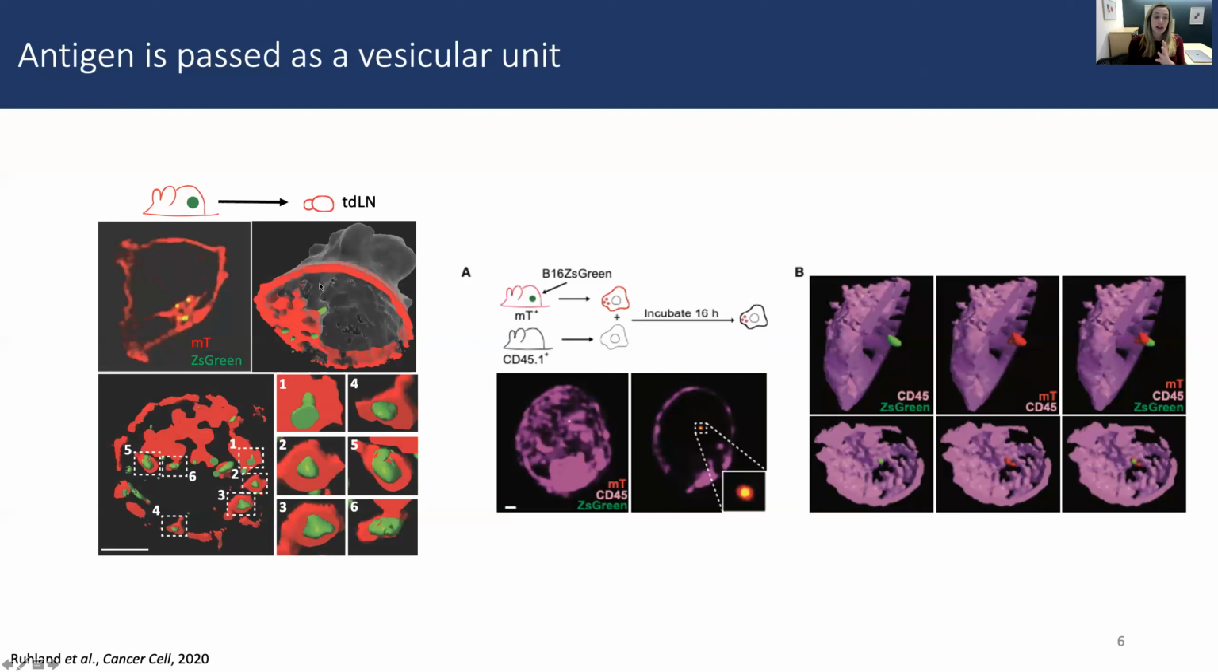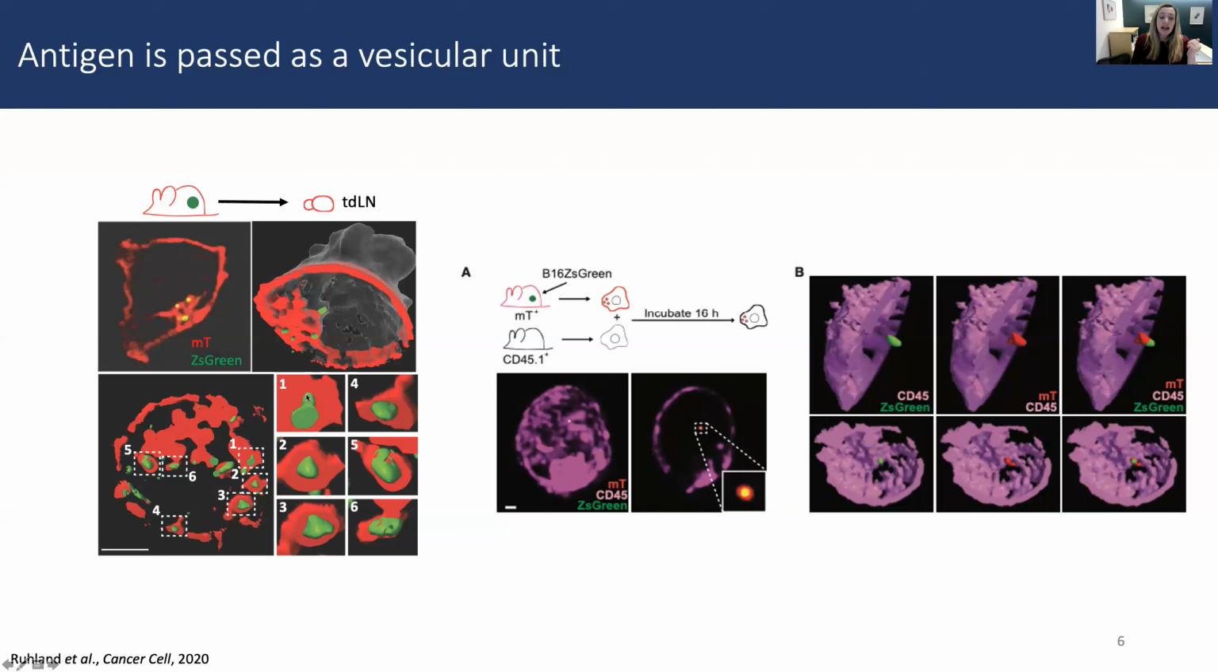In this case, we're peeling back the surface membrane tomato signal until you hit these little bits of ZsGreen. When you turn this to the on-phos view, you find that these bits of ZsGreen are encapsulated by membrane, showing a vesicular form of antigen. So within a migratory DC that has tumor-derived antigen, the antigen is encapsulated within membrane tomato positive